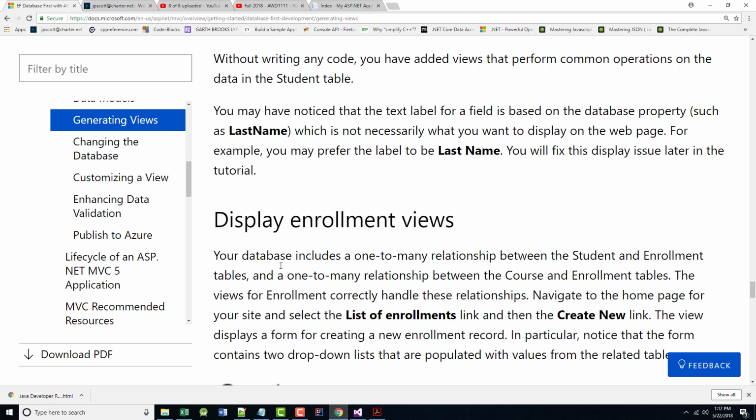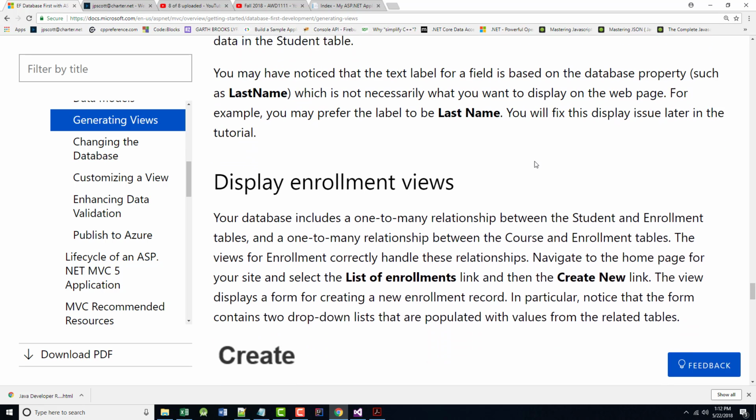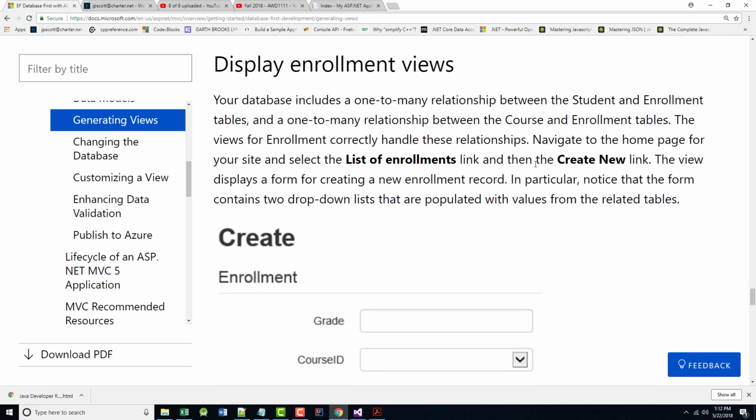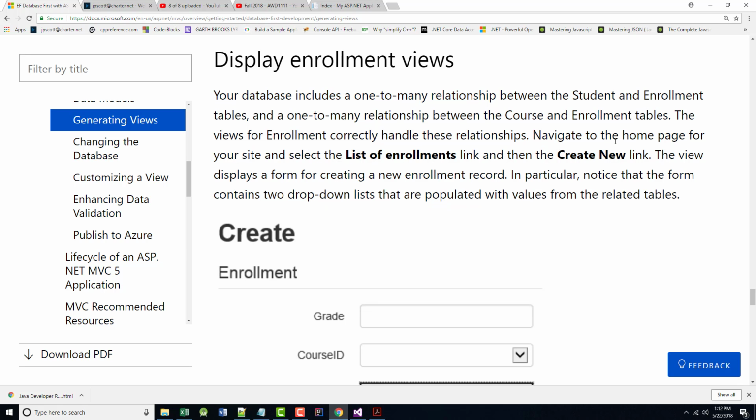All right. It says you may have noticed the text label for a field is based on the database property, like last name, where we'd probably rather have it be "last name" with a space. It says you will fix this later. So in other words, don't worry about it. The database includes a one-to-many relationship between the student and enrollment tables and a one-to-many relationship between the course and enrollment tables. So the enrollment table is kind of a join table that allows us to do things between students and courses. All right. So